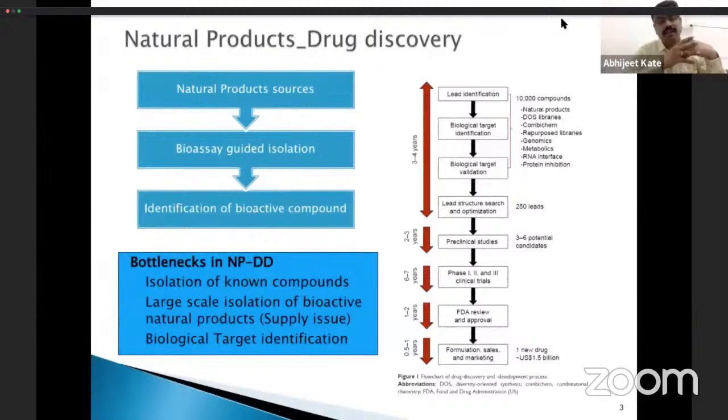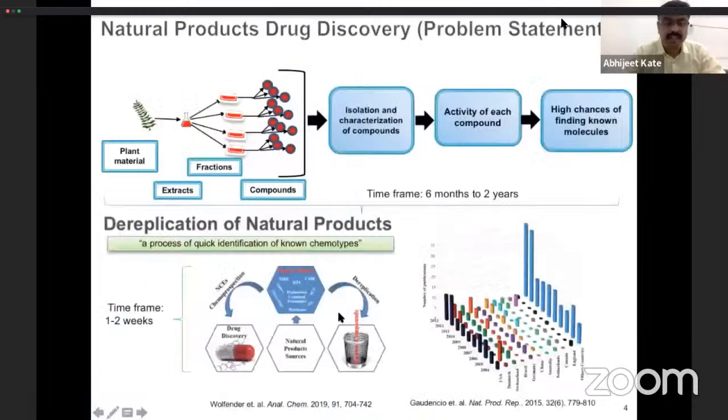One more thing I wanted to show all of you, if you are not sure about it, maybe some of you might know this: drug discovery and development is not a simple task. It takes more than 12 to 15 years from hit identification to the molecule in the market. A huge investment is also needed for this. If you can see my slide,